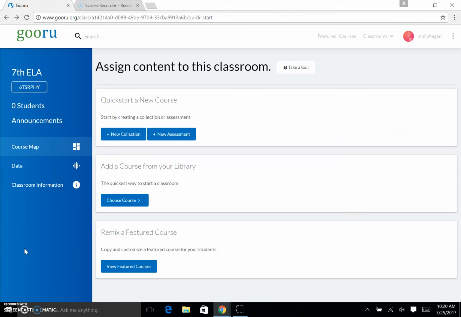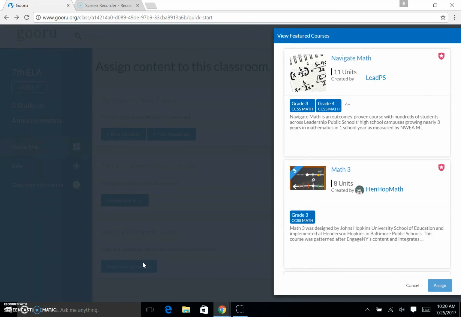Gooru is also a great place for teachers to share resources. So while you can create your own content that caters to your students and your campus, you can also remix a featured course. So you can browse courses that other teachers have created on Gooru and shared, and you can use them as they are, or you can change them again to fit your students in your school. If we click on a featured course,